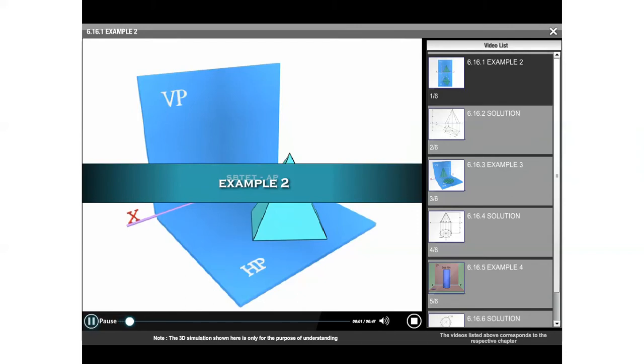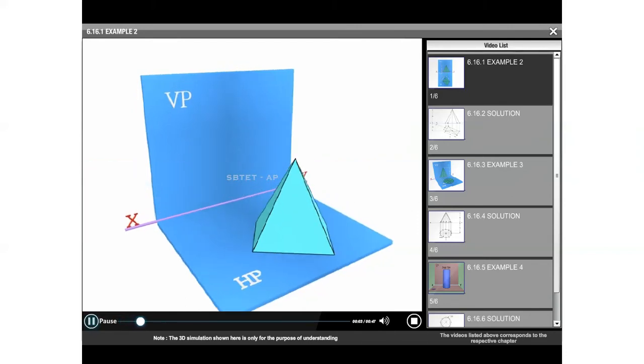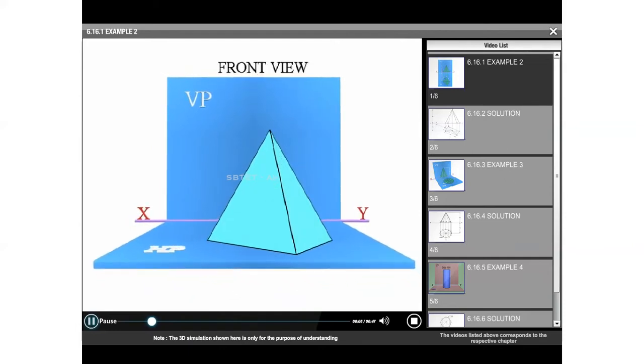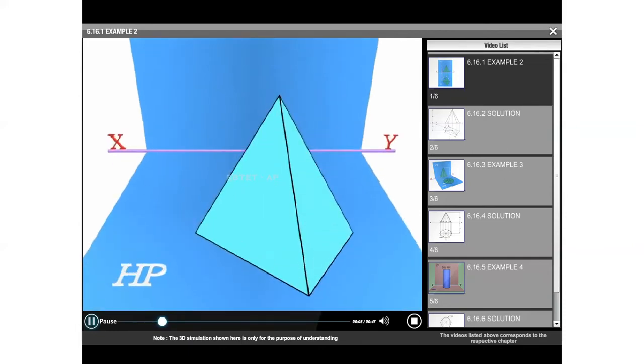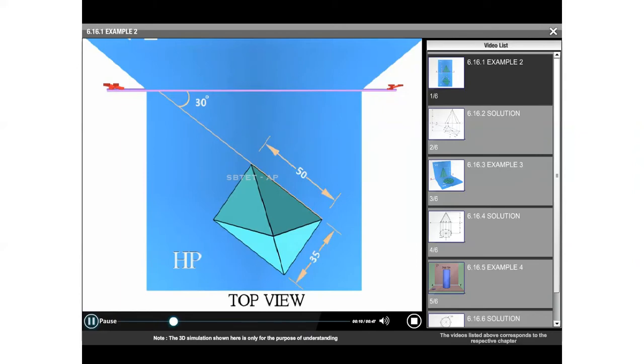Example problem 2. Front view, top views.